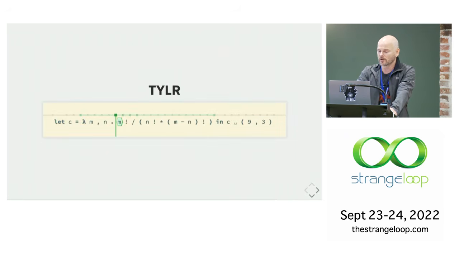Now, he has a student called David Moon who has made this. This is called Tylr. I can't really show you this in a good way without video, so I recommend that you go to David Moon's Twitter and scroll through and look at some of these things. But it's got a beautiful structure editing component that prevents you from screwing up your code syntactically while you're working on it, and gives you advice based on type information.